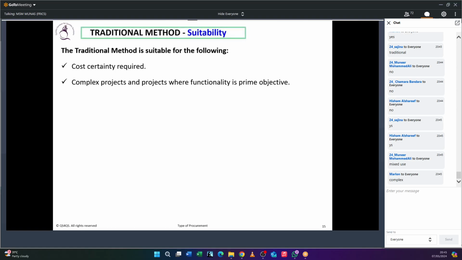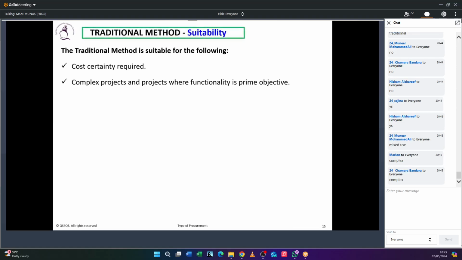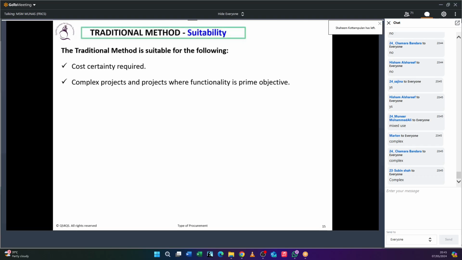Yeah, it is going to be complex because every construction needs different expertise. So building the shopping complex, building the office space, or building the residential are three different areas. So you need experts. So those kinds of complex projects.